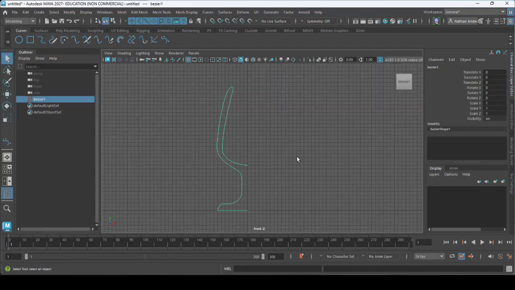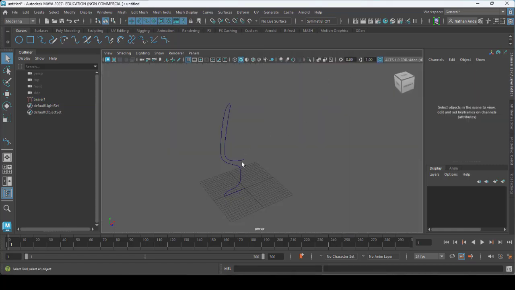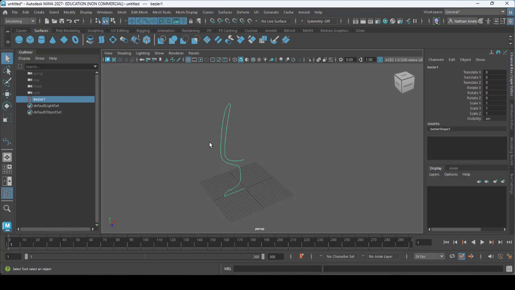Once we're done creating our curve, we're going to press spacebar, go back into perspective view, and then we're going to switch to surfaces, and we're going to create our 3D shape. Now note that I only made half of an outline, and that's because the revolve function is going to rotate this curve 360 degrees around its central axis.